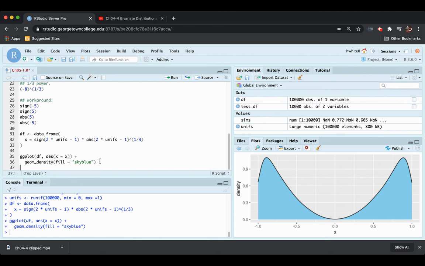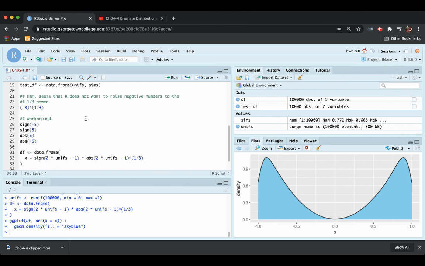Yeah, it's like it's squeezing those humps closer and closer to the -1 and the 1. And if I could do this for infinitely many random uniforms, I think I'd see my perfect parabolic shape. So that's the simulation working after a bit of a workaround on the quirky arithmetic that R gave us there